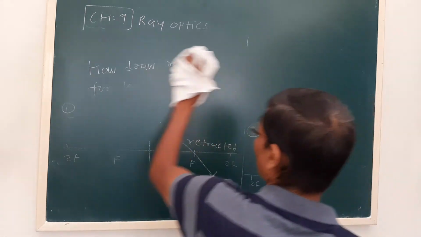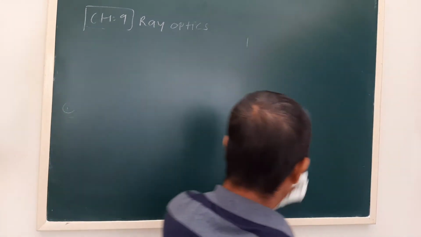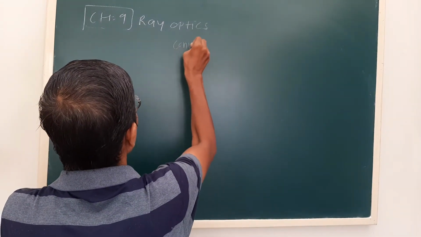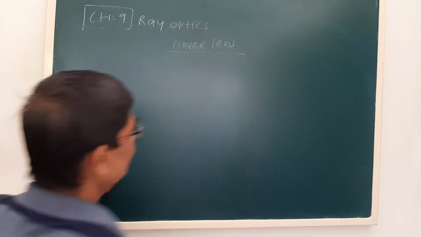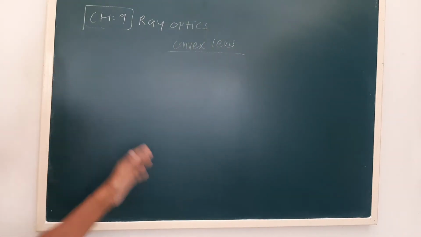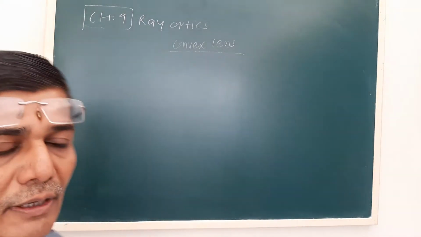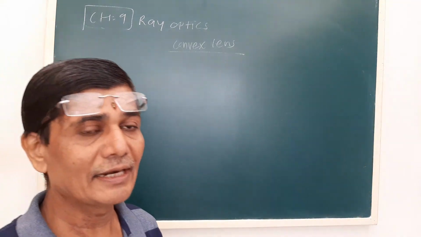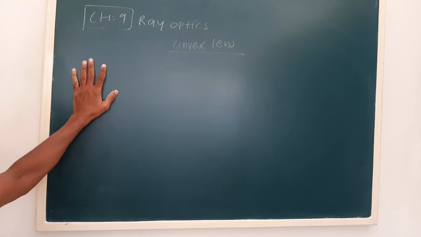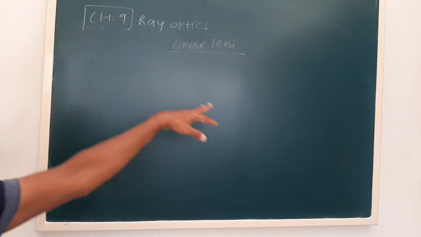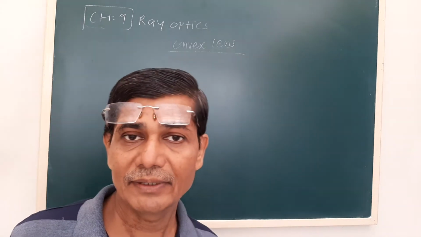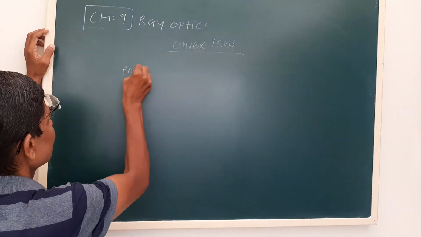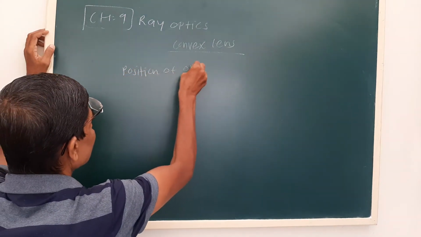Now let us see how the image is formed for the convex lens. For a convex lens, there are 6 conditions. This diagram you studied in the 10th standard. Right now I am not drawing, I have shown you the basic principles of how we can draw a ray diagram. Right now I will write in tabulated form, and you can draw the diagram and verify it. But we have to see how the image is formed in case of a convex lens and a concave lens. Now first, the position of the object.